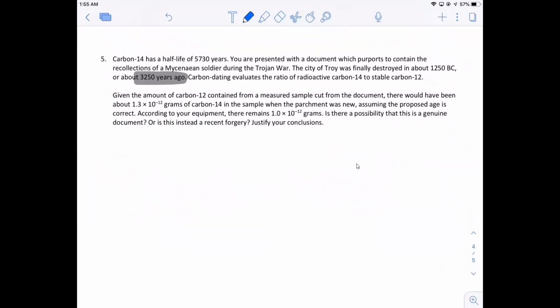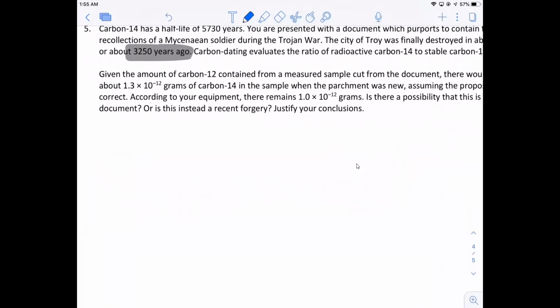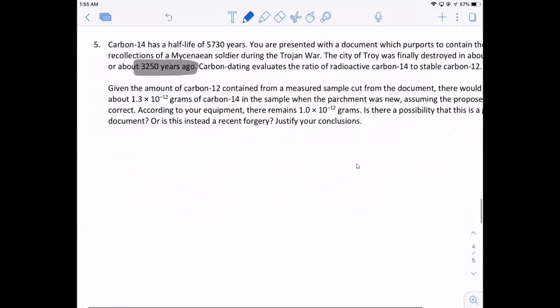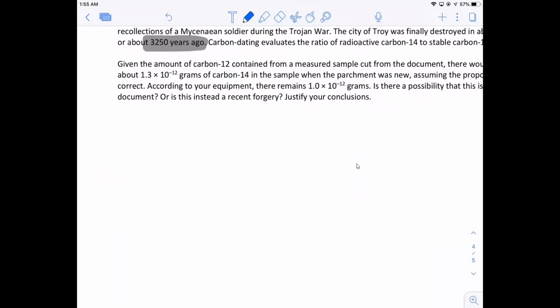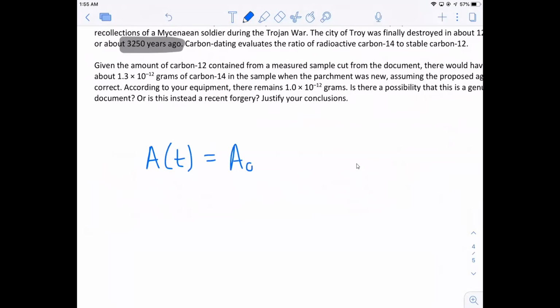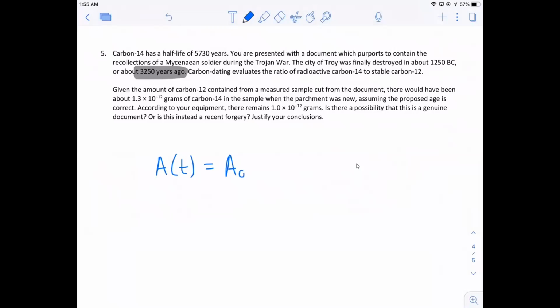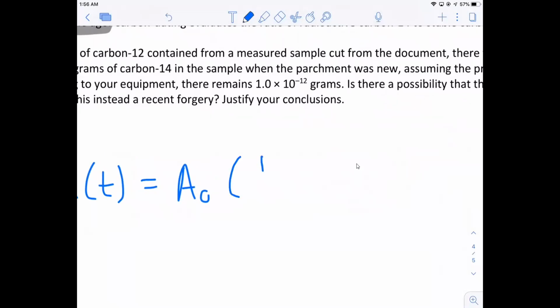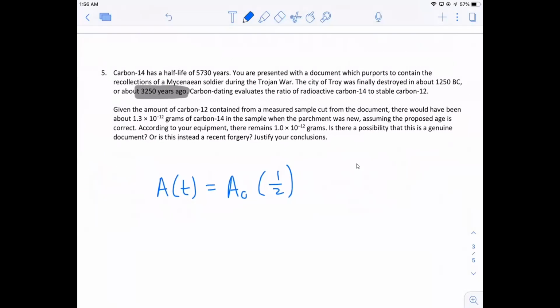All right, so half-life. Do you guys remember the half-life formula? If you don't, that's fine because we can rederive it. We have some final amount, I'll fill in the numbers later. That's going to equal some original amount. So the half-life is how long it takes for half of whatever you have to decay, half your initial amount to decay. So here's my initial amount times a half. So if it takes 5,730 years for it to decay in half, well,